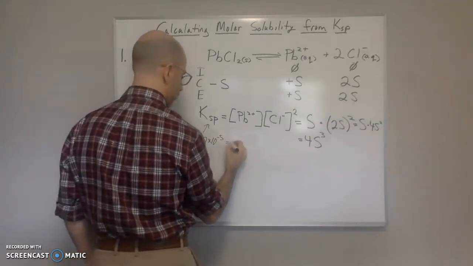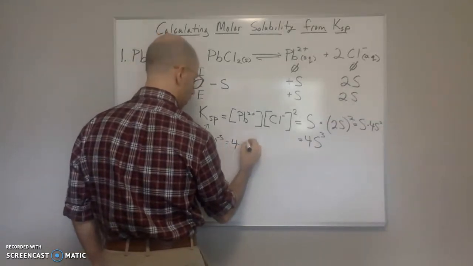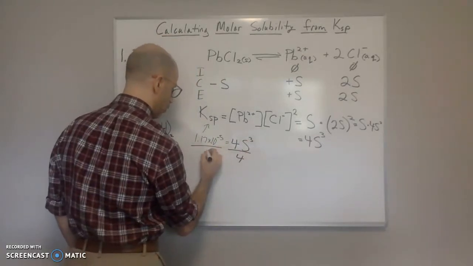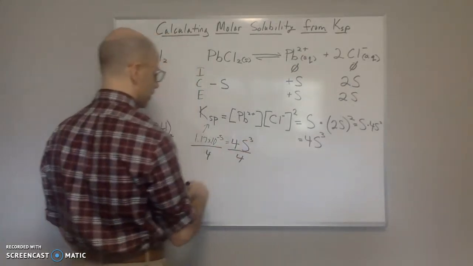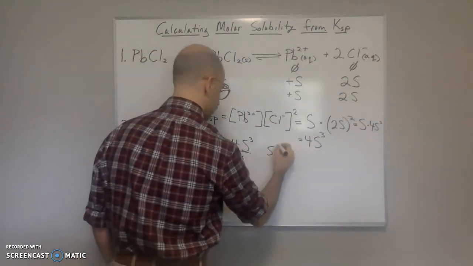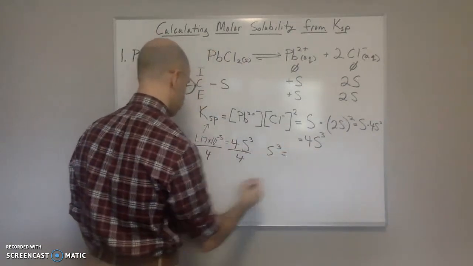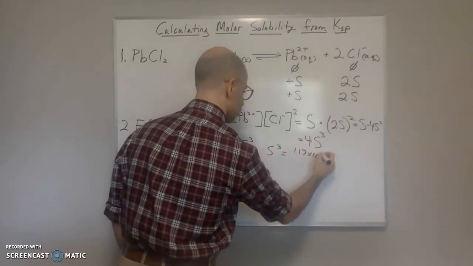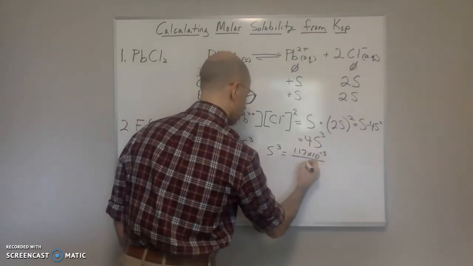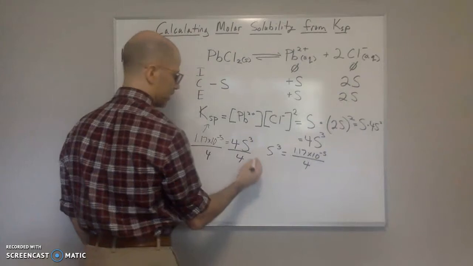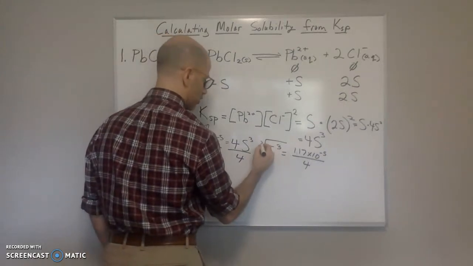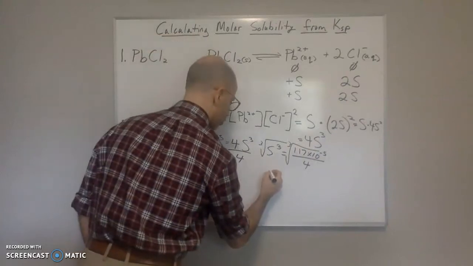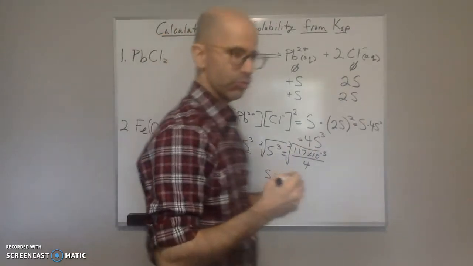And that's going to be equal to 4s cubed. Divide both sides by 4. Okay, and then you get s cubed is equal to 1.17 times 10 to the negative 5th divided by 4. And then you're going to have to take the cube root of each side. And then that'll give you s is equal to